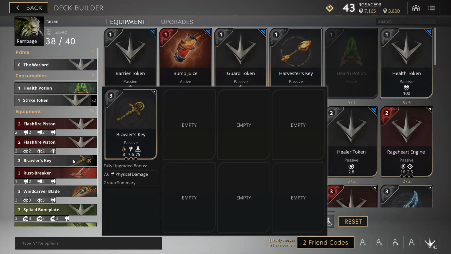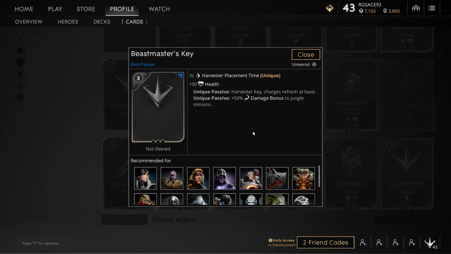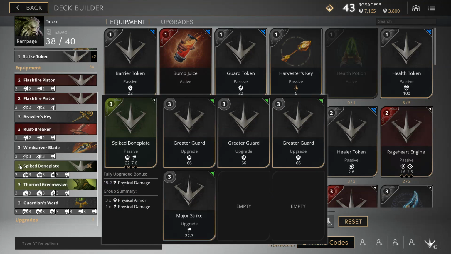A Brawler's key as well because we need to get harvesters, but I would recommend you change to a Beastmaster's key if you have it, because that card is 100 times better and it will allow you to farm the jungle 50% quicker. A Windcarver blade with 2 major kinetics and a major strike,